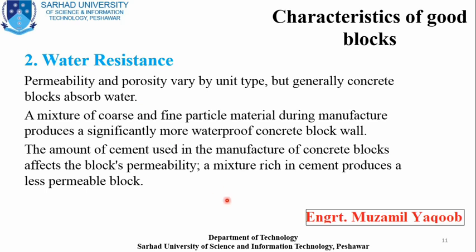And if we use a rich mixture, right? Rich mixture means more quantity of cement in the ratio, so it will give us a less permeable block. Permeable means the moisture will not pass through the block, right? So I'll recommend block in situations where you can face moisture problems, or if you are constructing underground structures, so the block will be recommended as compared to bricks.